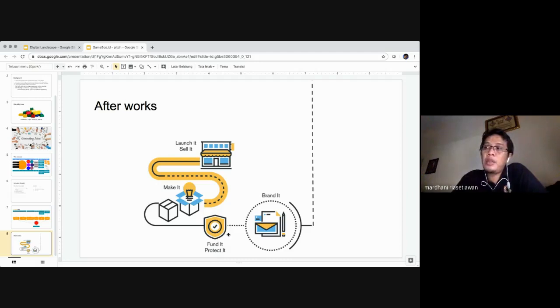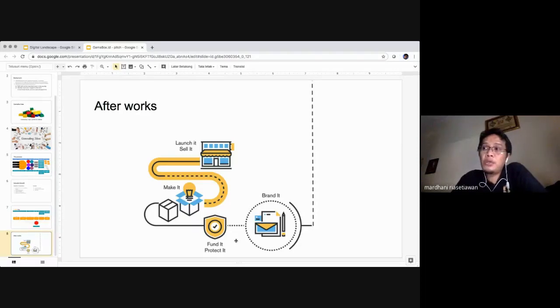And then after that, you need to protect it. For example, you register with the law enforcement officers. You need to have your patents. You need to register your brand name and your logo, and so on, to protect your product itself, so anyone cannot copy and paste your product as they want. So at least you will have the intellectual property rights for your own product.